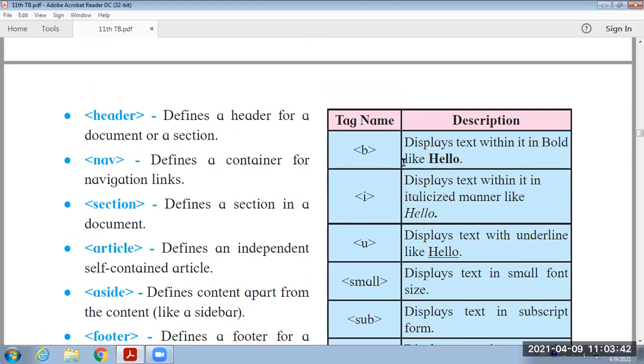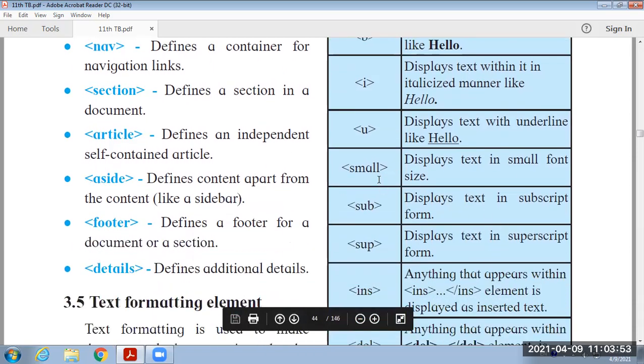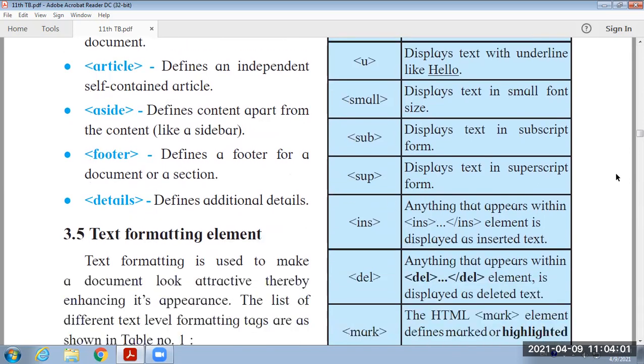See here, the b tag is used to provide the bold effect, the i tag is used to provide the italic effect. u is used for the underline effect. Then small is used to display a small font size. sub is used to provide the subscript effect. sup is used to provide the superscript effect.